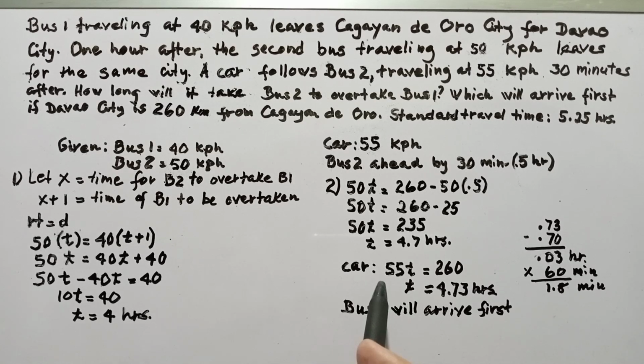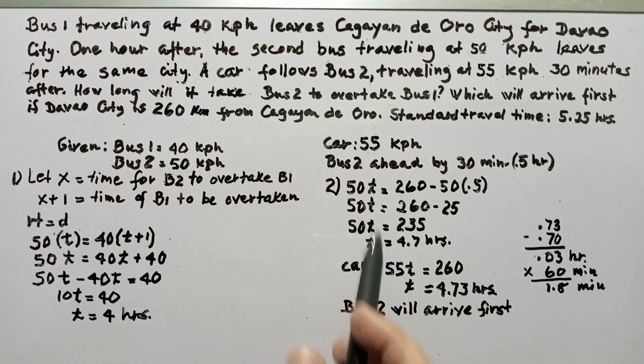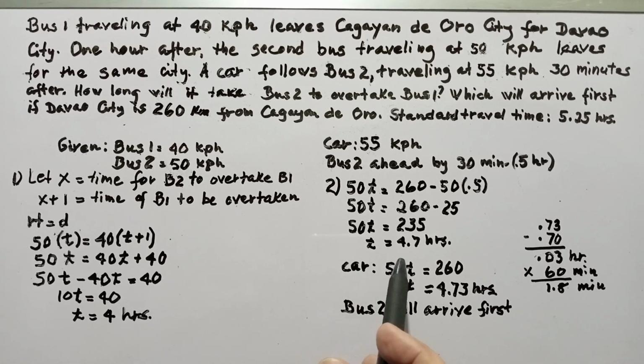So you compare now the 2 hours. Bus 2 has time 4.7 hours. The car has 4.73 hours. So this means bus 2 arrives earlier or ahead of the car because it has a shorter time compared to the time consumed by the car. So it is bus 2 that will arrive first in Davao City by about